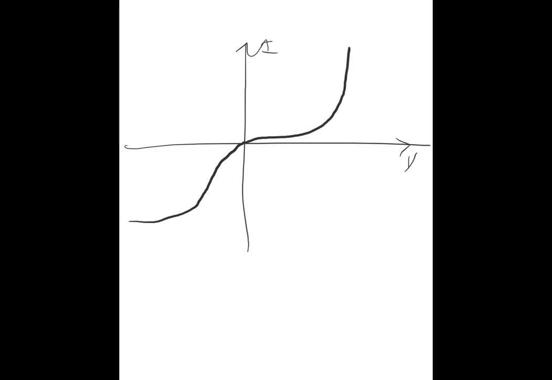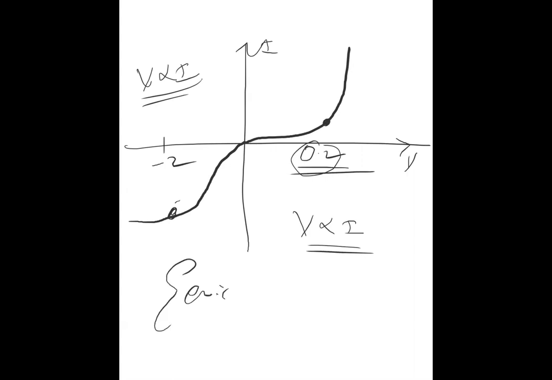This is very special. When you study the semiconductor, you will understand. But you can see one thing very clearly, that V is not directly proportional to I. It's some curve. It's not a straight line. And you can see here 0.2, and here -2. That means for 0.2 voltage itself, this much current is there. But for -2 voltage, only that much current is there. That means more reverse voltage is required for the same amount of current, and less forward voltage is required for the same amount of current. Okay, so it's not correct, because it should always be proportional. So this is a non-ohmic material, semiconductors.